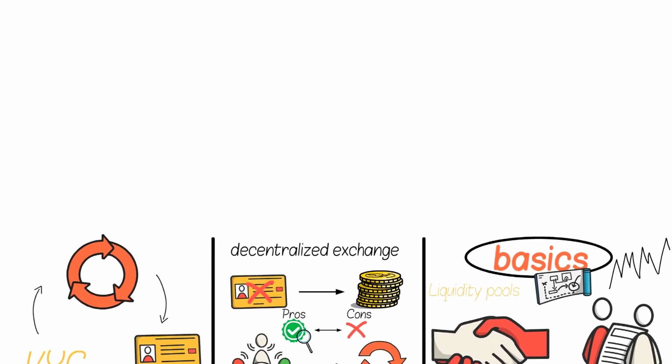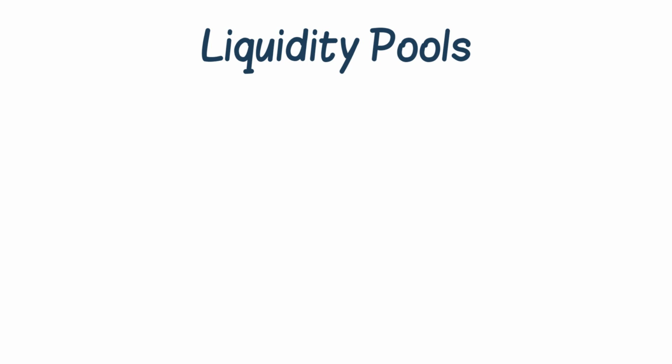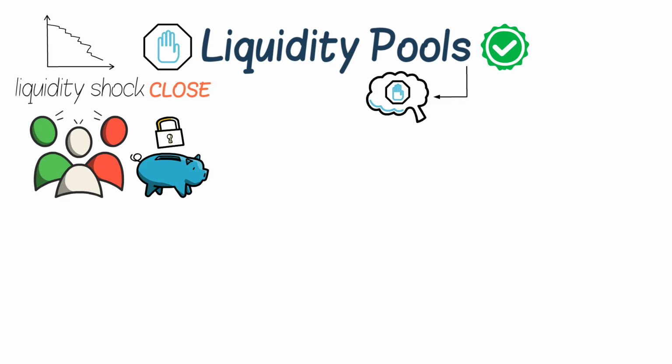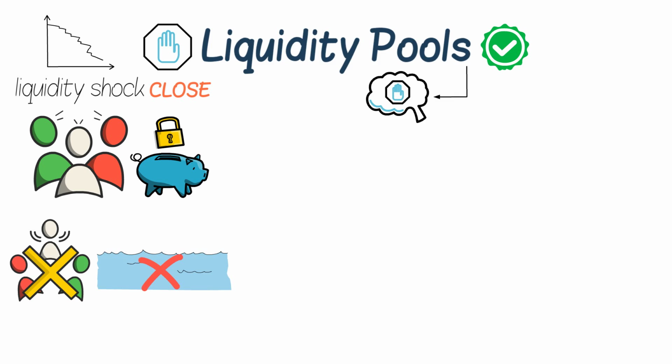Now that you know about the risk and importance of liquidity pools, you might want to know what else could happen when liquidity pools dry up. In a liquidity shock, the price of the assets in the pool can drop sharply. This is because fewer buyers and sellers are willing to trade. A liquidity shock can also cause the pool to close down, which can make it difficult to get your money out. This is because liquidity providers may not be able to find a buyer for their assets. This would be like if the swimming pool closed down and you couldn't get your entry fee back.